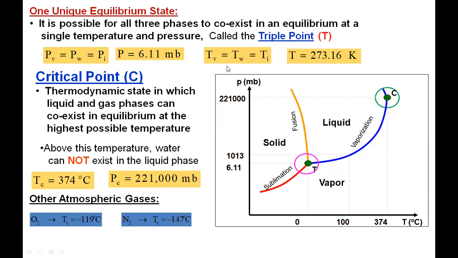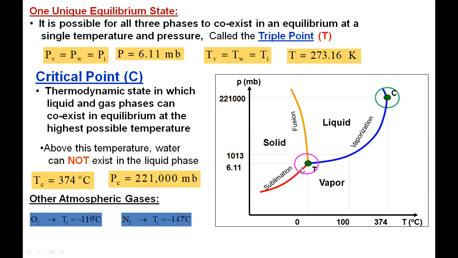This is called the triple point T. إذا this is the triple point T, where the three phases, solid, liquid, vapor, and we go from sublimation to fusion to vaporization. So P vapor تساوي P الووتر تساوي P للآيس. إذا البريشر بهاي الحالة